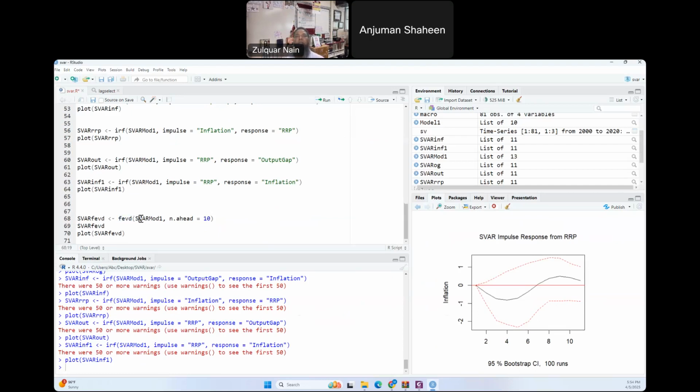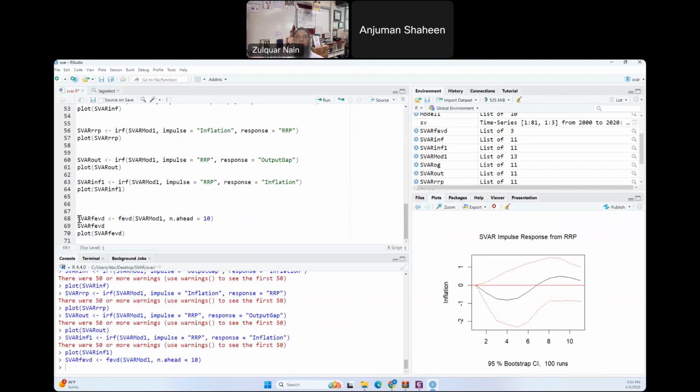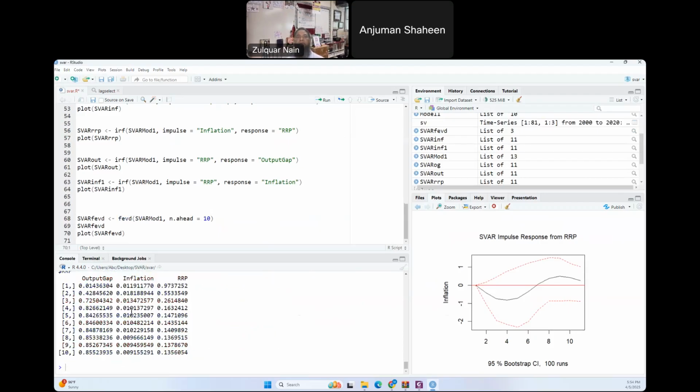So here we are taking the model, and n ahead is 10. Basically, how many steps, what horizon we are taking here, we are taking 10 ahead. So that's what we are storing here. Then we can see